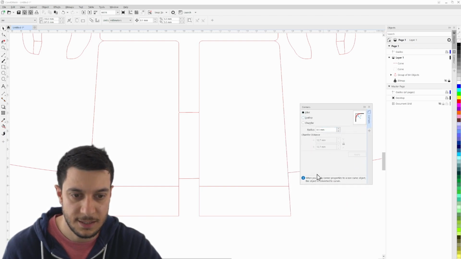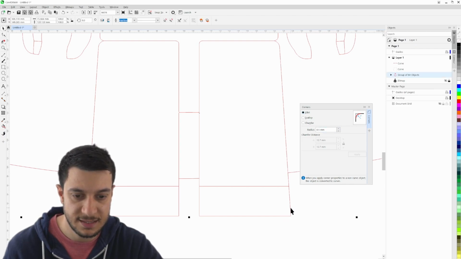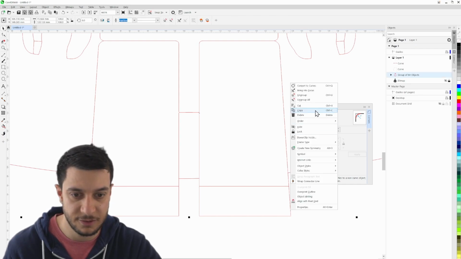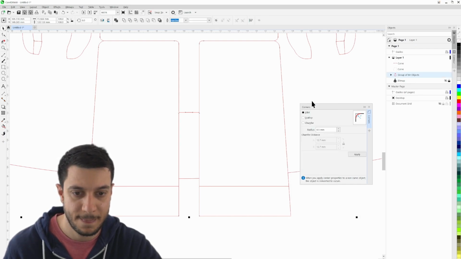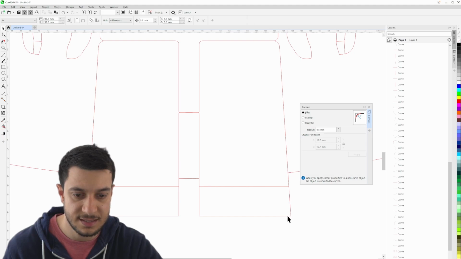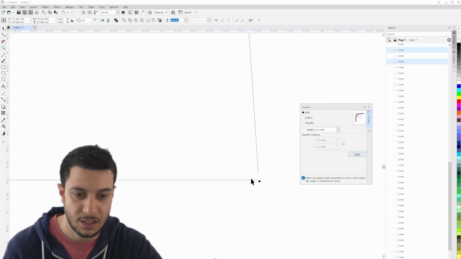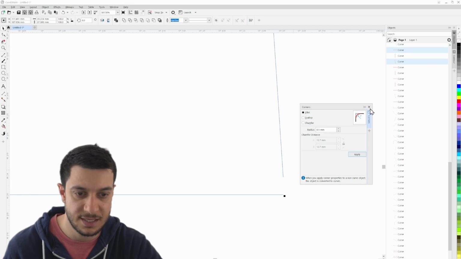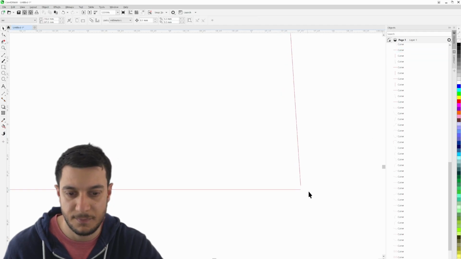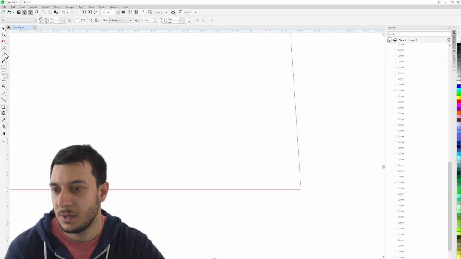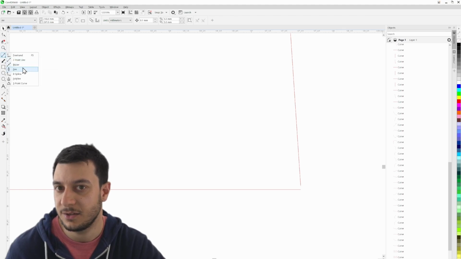So I will select, how do we do this again? We select this line, I believe, and we need to ungroup everything first. So ungroup all, and select this line and this line, and we create a 1/2 mil fillet. Apply. Oh, these two lines are not touching. That's a problem. Okay, then we can't use the fillet tool. We need to first connect those two, but